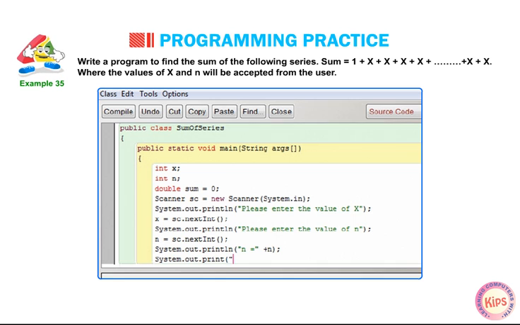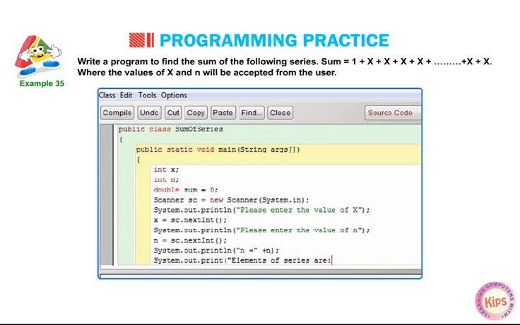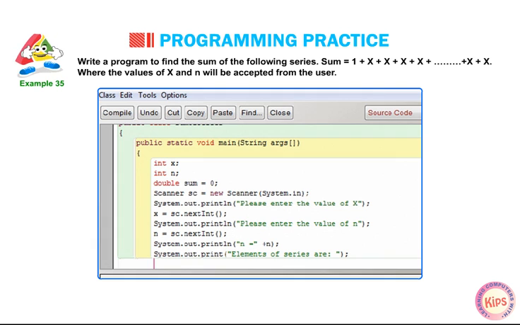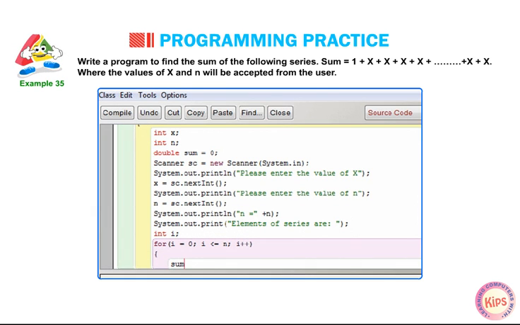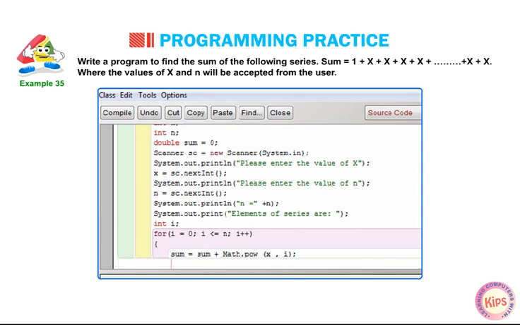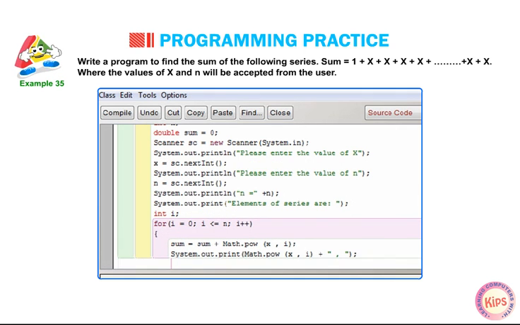System.out.print("Elements of series are:"); int i; for (i = 0; i <= n; i++) { sum = sum + Math.pow(x, i); System.out.print(Math.pow(x, i) + ","); }